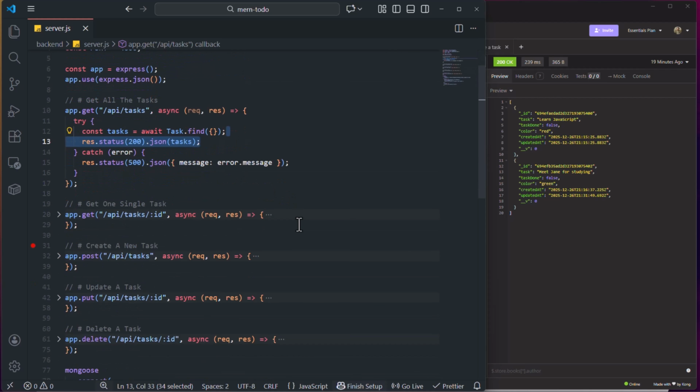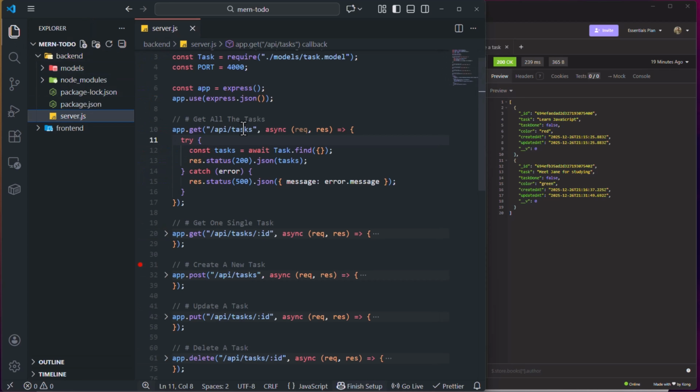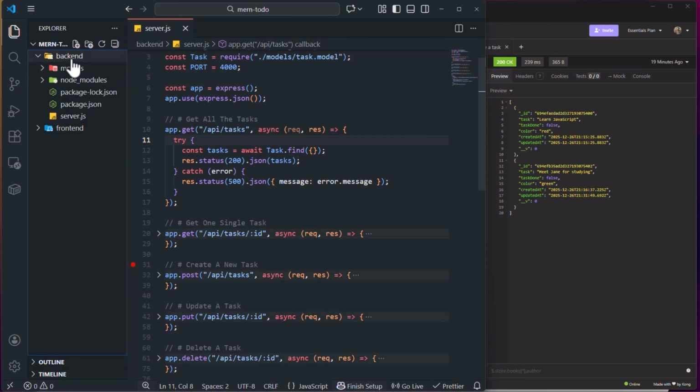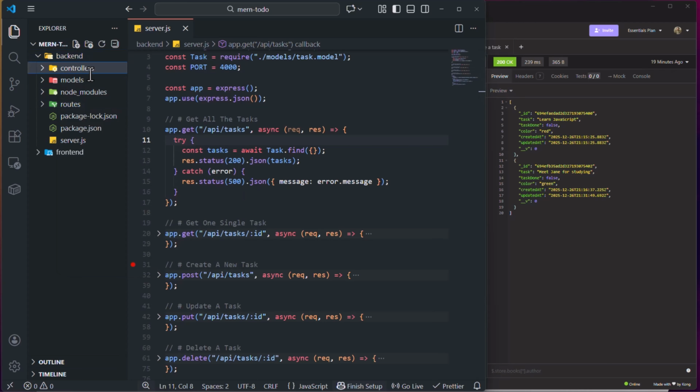All right, the first thing we need to do to have a clean code and organize our backend project is that we need to go to our file explorer here. Let's create a folder called routes. Let's create another one called controllers and another one called DB. So inside routes, we're going to create a